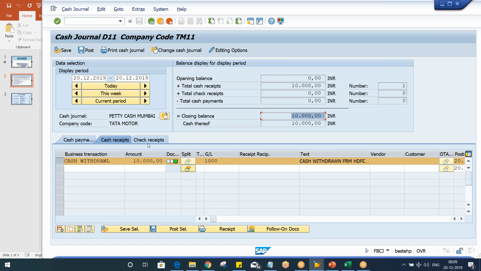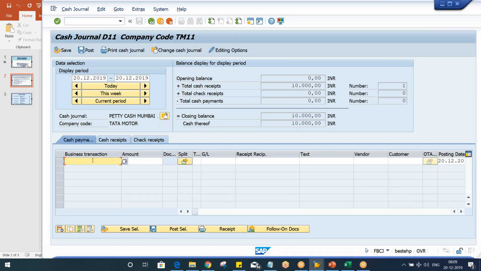But now we are going to make payment. In the sense, we are going to purchase of, let's suppose, cash purchase, okay, worth of 8,000. And here let's suppose purchase of stationery. Press enter. Again the cash purchase GL automatically determined by system. You just select it,